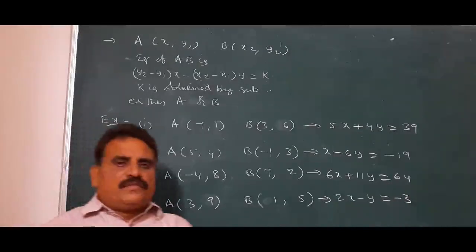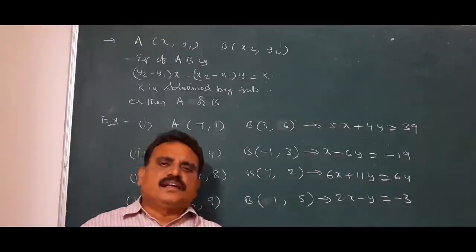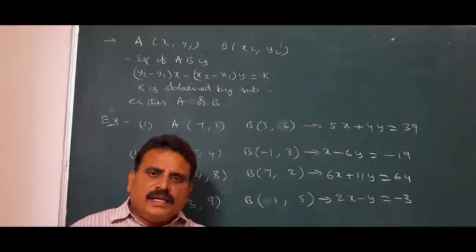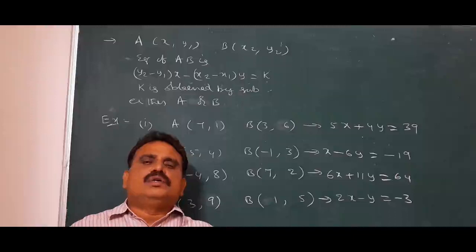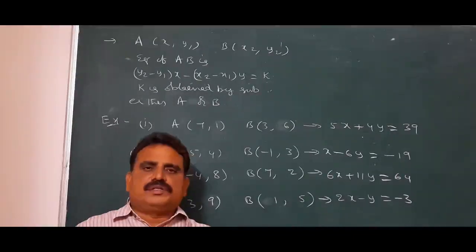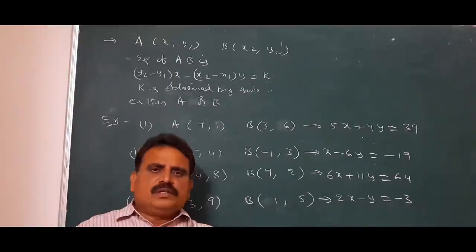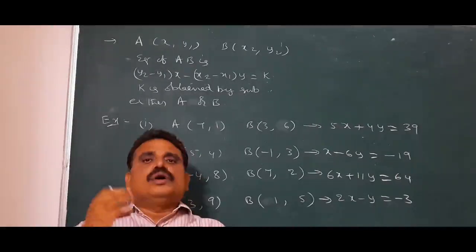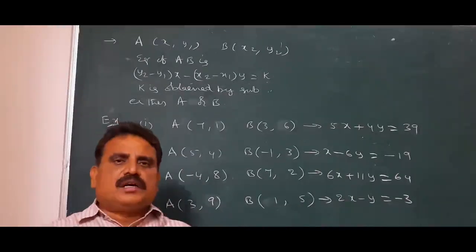So, my dear friends, if 2 points are given, directly we can find the line equation passing through the 2 points by mind calculation, by observing the points within a short span of time. We can save this time. We can use that time for another problem in competitive exams.